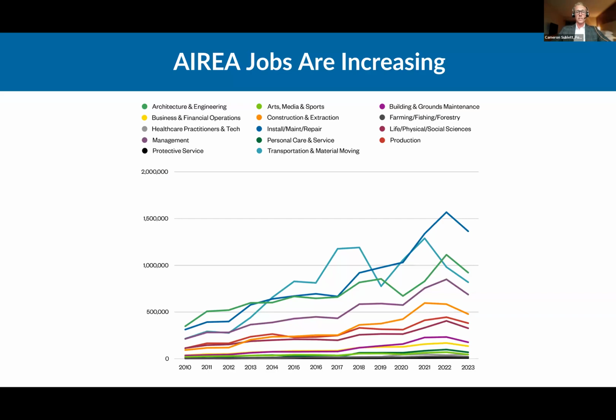First, what we see from our landscape scan is that in analyzing area jobs, we find that overall area jobs are increasing. As the figure shows, the transportation and material moving category of employment, that's the light blue line, experienced a dramatic increase in job postings over the period we analyzed, especially from 2016 through a peak in 2022. But we also see growth across multiple skilled trades. So these include installation, maintenance, repair, personal care and service, architecture and engineering, and construction and extraction occupational categories.